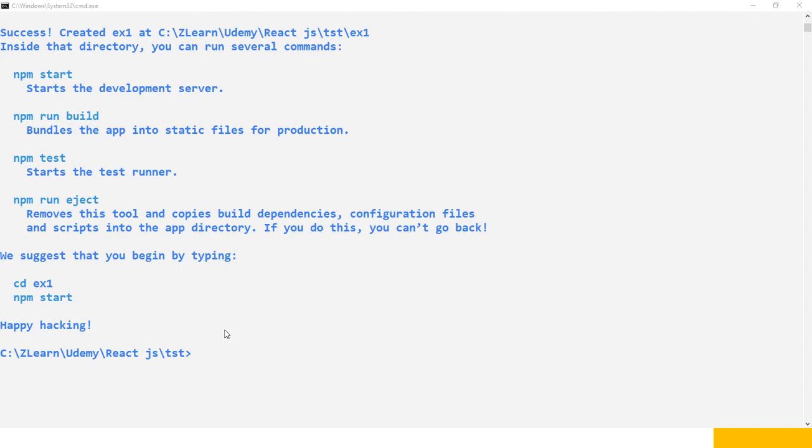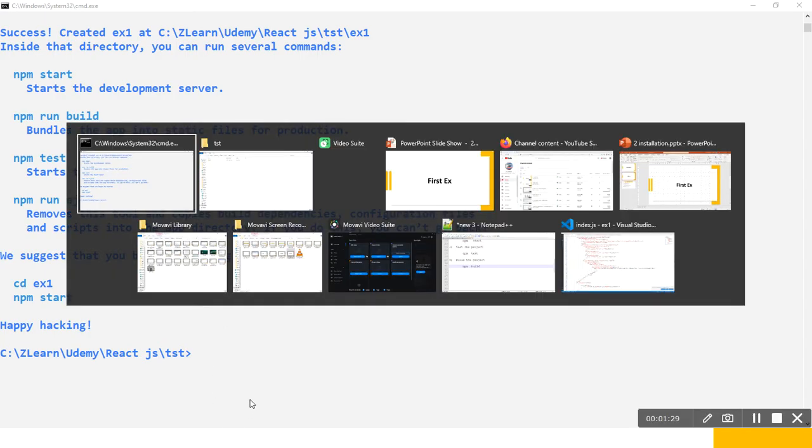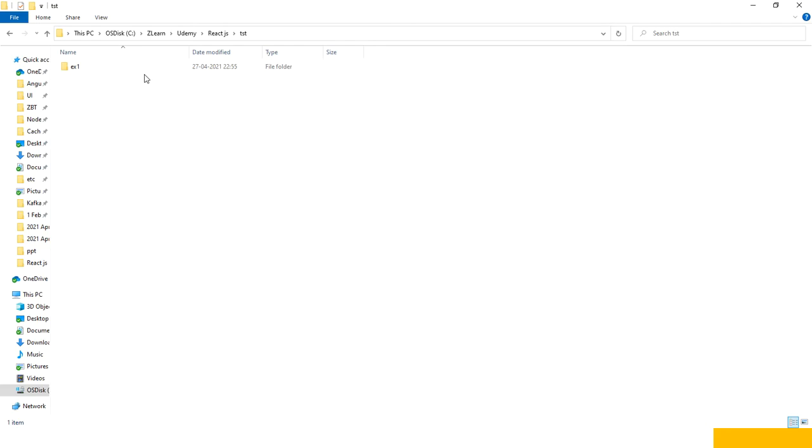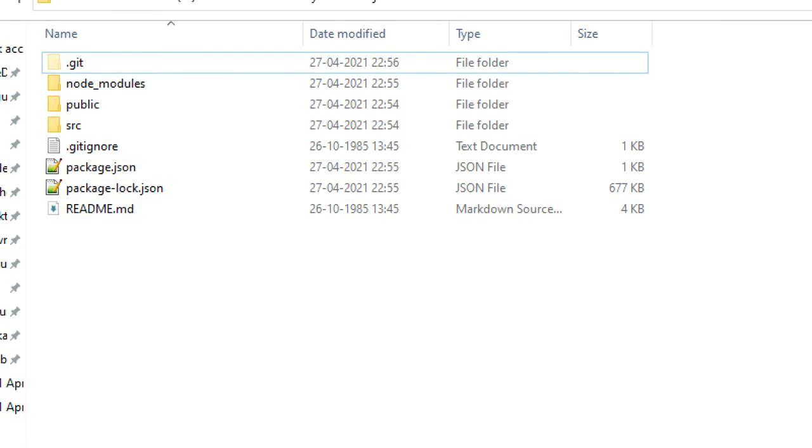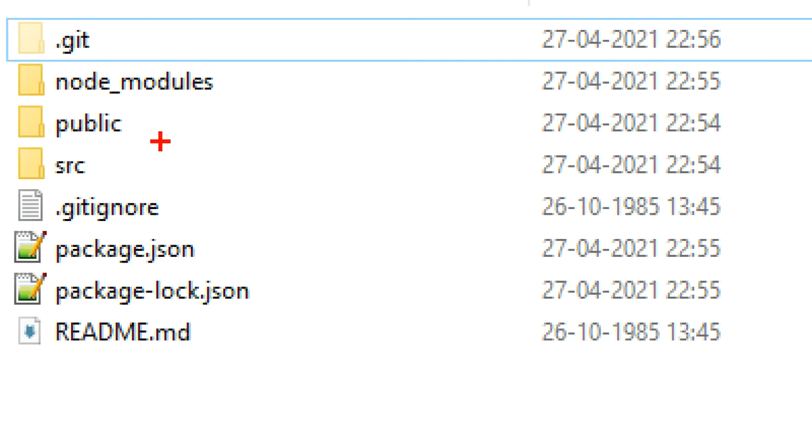Right now it automatically creates one folder for you. This is my project. In this there are so many related items. Let us see them one by one. First we have the node_modules folder.